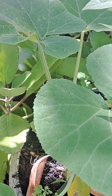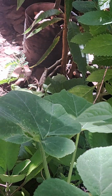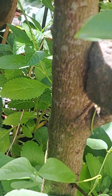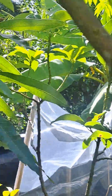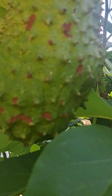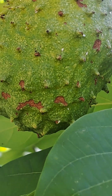I also have a companion, not a companion, a hitchhiker in my sub tree. A pumpkin tree has grown in my sub container. But I want to show you my sub. It is the only one that has developed, and it too is growing. Maybe it will not get that big, but it will be